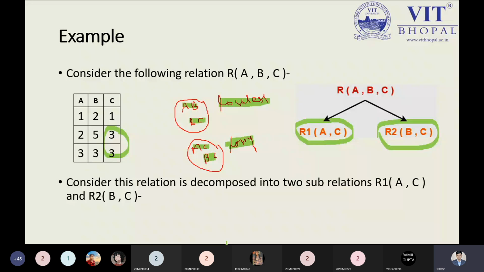Actually, you are on the right track. You can observe only in C we have the duplicacy. So if you choose an attribute which has duplicacy, definitely we will be putting in a lossy decomposition, and we have to stay away from such kind of thing. That is a good point. You are on the right track. I have already marked it in the structure. Yes, of course.